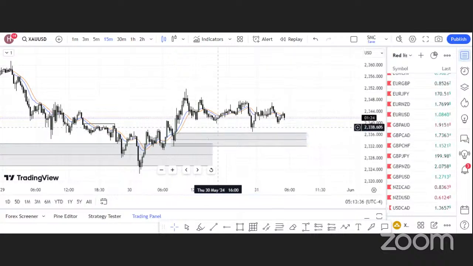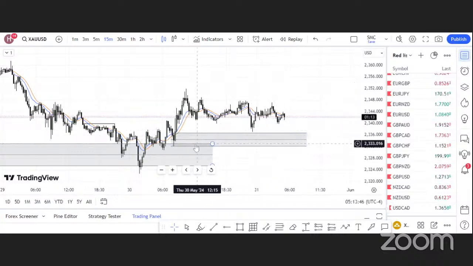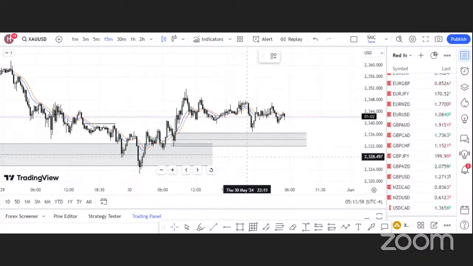And with the look of things here, this looks like the market is actually heading towards this before making a move to the upside, right? And then we have